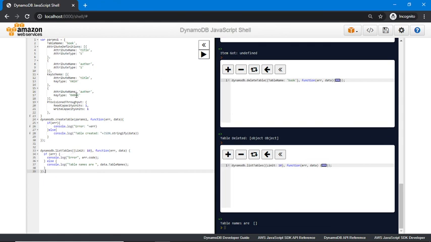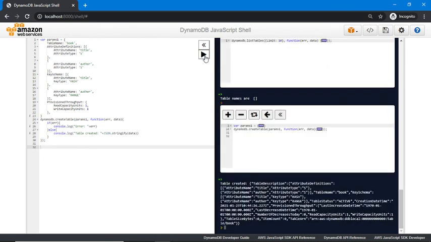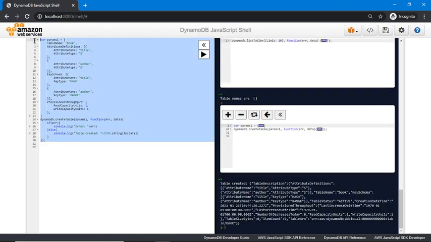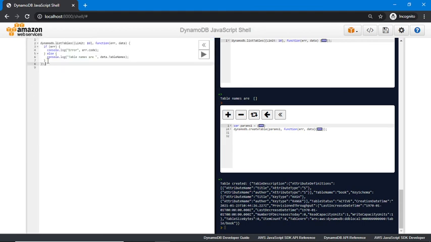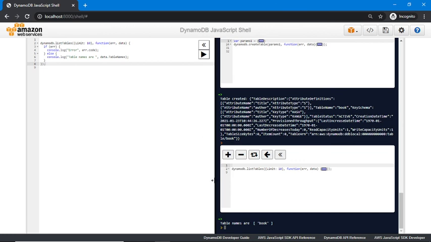First we will create the table, and then we will execute list table. Now we have our table. I am going to copy the list table command and run it. The table name is book. So I now have one table, and its name is book.